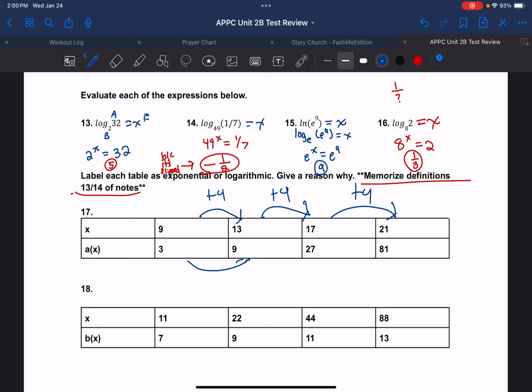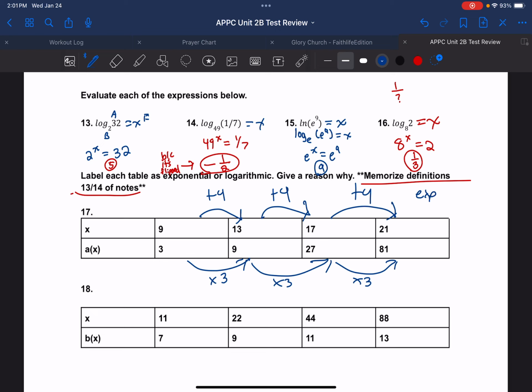Okay, what's happening here? Times 3, times 3, times 3. So my input values are going up by the same interval, and over the equal interval, I am multiplying by 3 every time. So I would say that this is